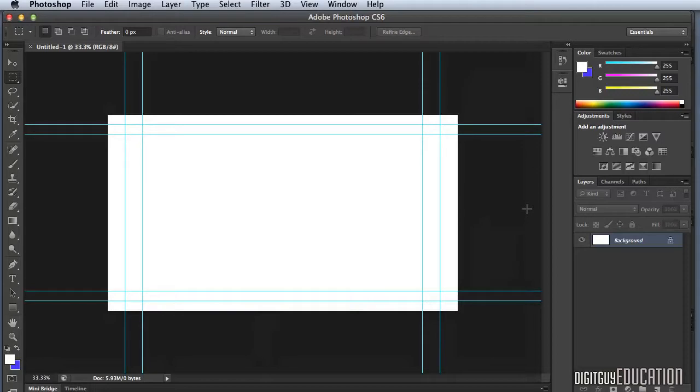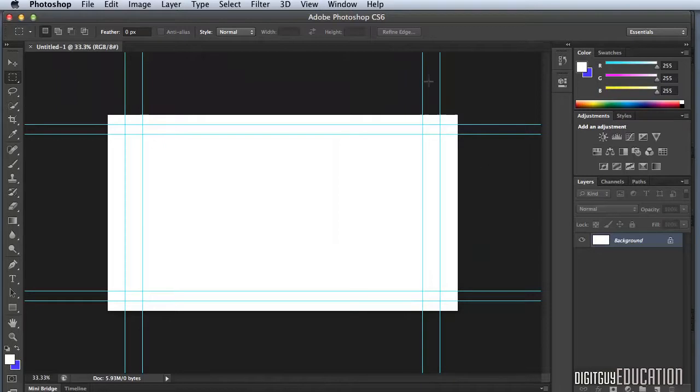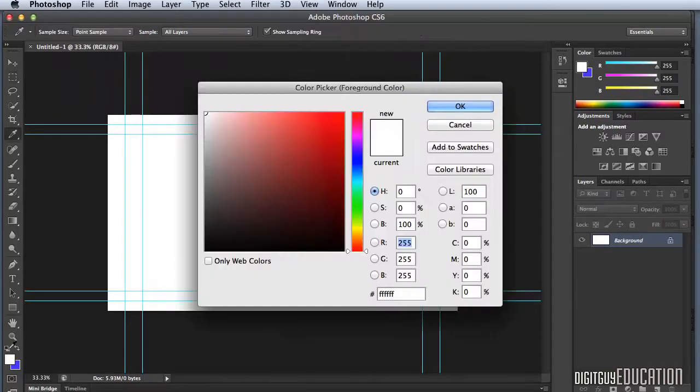Now let's have a look at Apple Plus to zoom in a little bit, or Apple Minus. Let's have a look at that. By the way, these guides, if they're in the way, they're action and title safe guides, something you'll learn about in a video class. Okay, now I've got a white background over here like that,